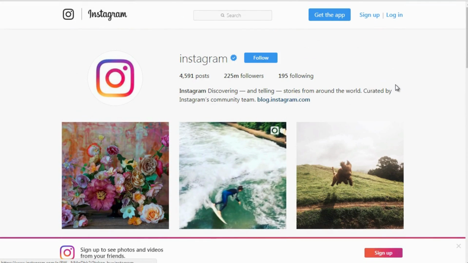Now you can see, like I said, with Instagram, their profile, that they're directing you to their blog. They're still trying to gain your trust, right? So they've not directed you to a certain product, but of course that's Instagram. So they could direct you to Instagram.com, but for whatever reason, they chose to direct you to a blog.